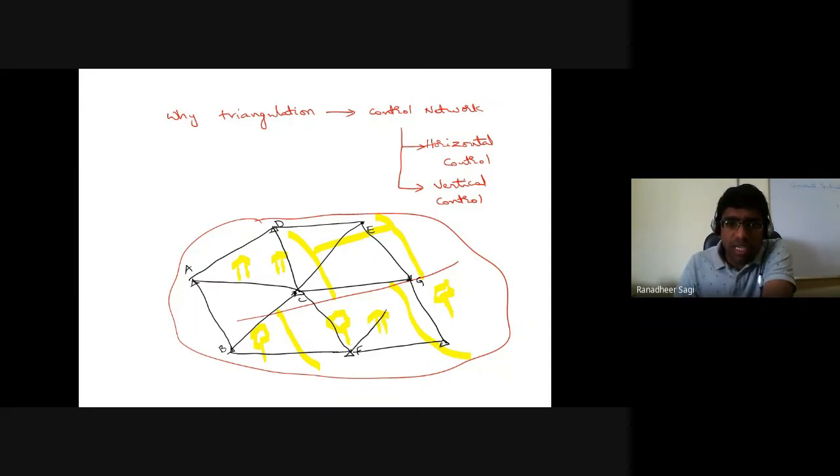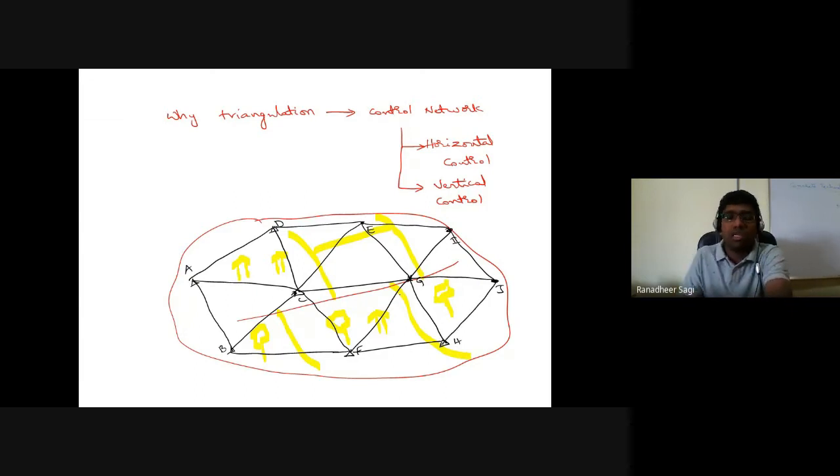So likewise, I am just trying to represent a network of triangles ultimately to give you a control network. Okay, so this is station G, H, maybe station I. Likewise, from here to here, I can have another station, station J. I am connecting the other intermediate stations like this. So what I have now is my control network, which I have prepared.